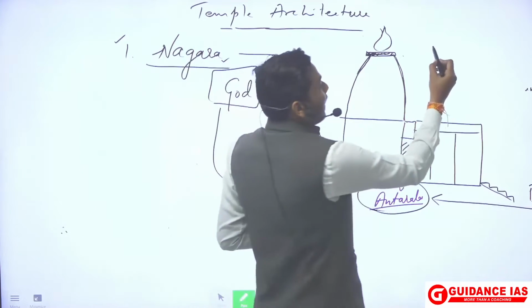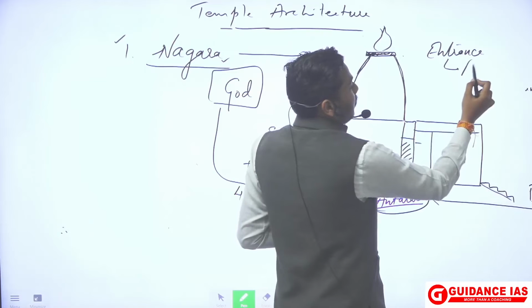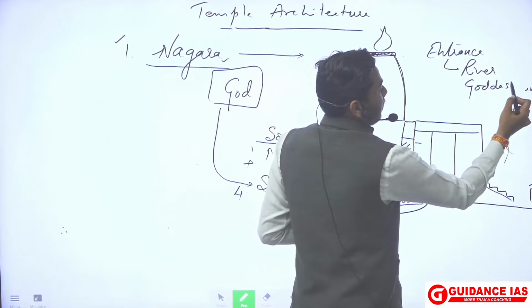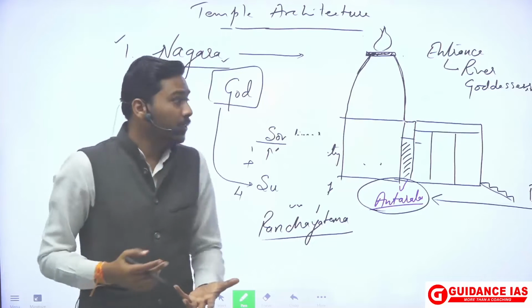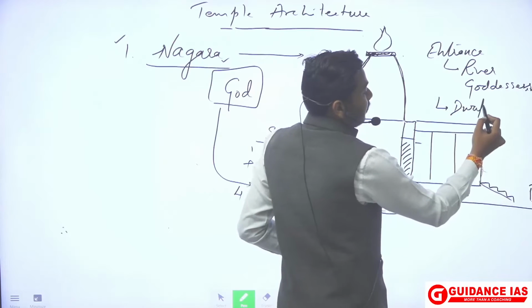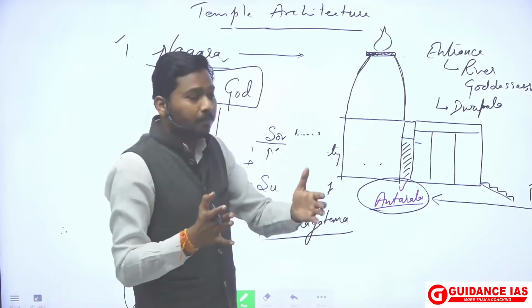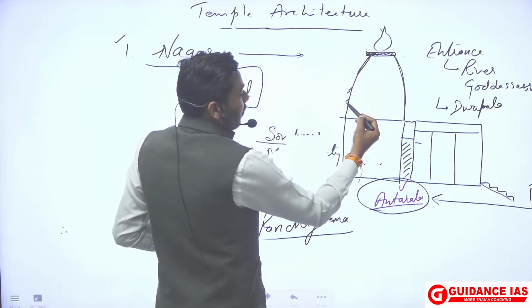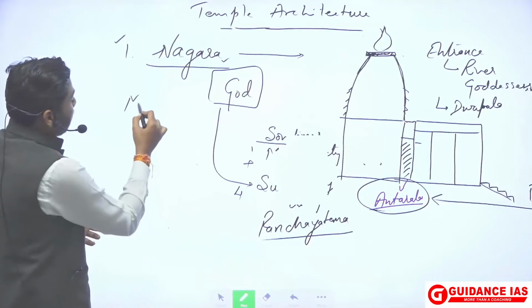For example, at the entrance, you will see river goddesses, mainly Ganga and Yamuna. After that, you will see Dwarpal at the gate of the temple. And on the outer side of this tower, the Shikhar, you will see images of